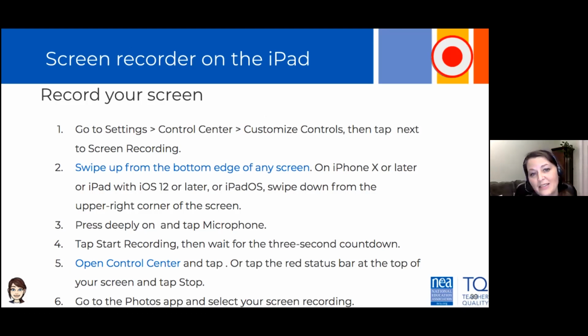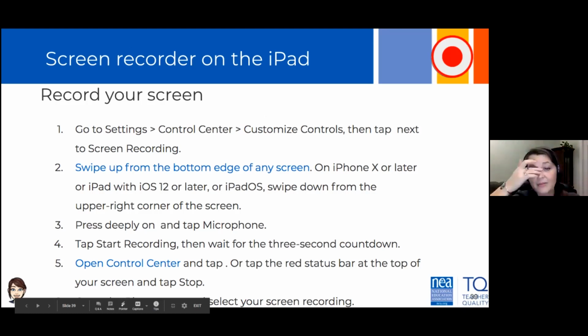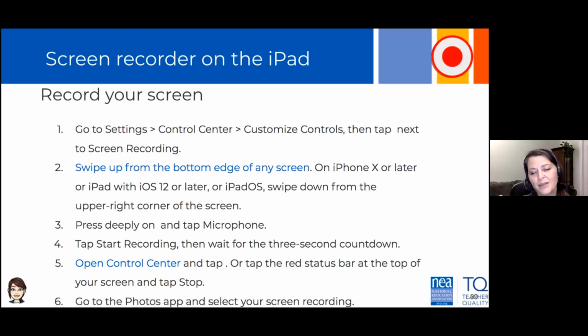But if you go to settings to the control center and you customize your controls and hop over to where it says screen recording, you can swipe up from the bottom of any screen, pretty much an iPhone 10 or later, or an iPad with the iOS of 12 or later. You swipe up and tap on the screen recorder. And if you hold on to it, you can tap the mic and you can actually record yourself talking over recording that iPad or telephone screen, which is super fun and super handy, especially if your kids are using iPads,